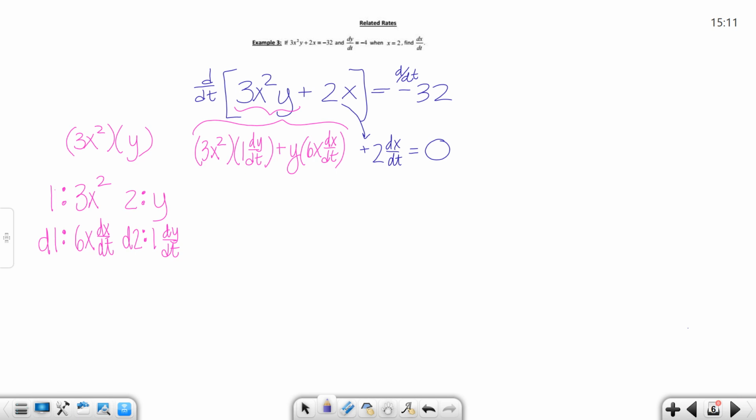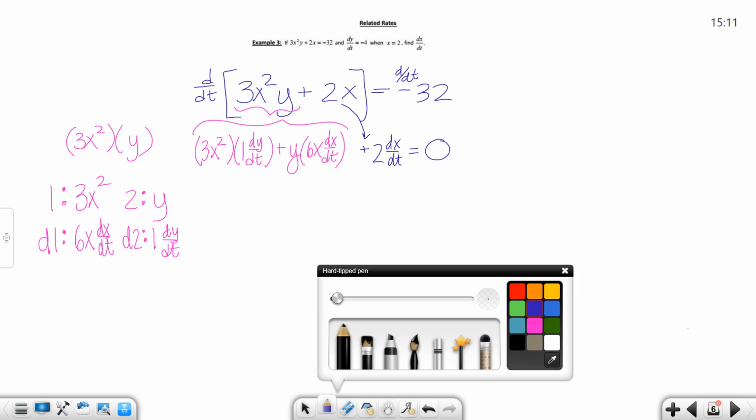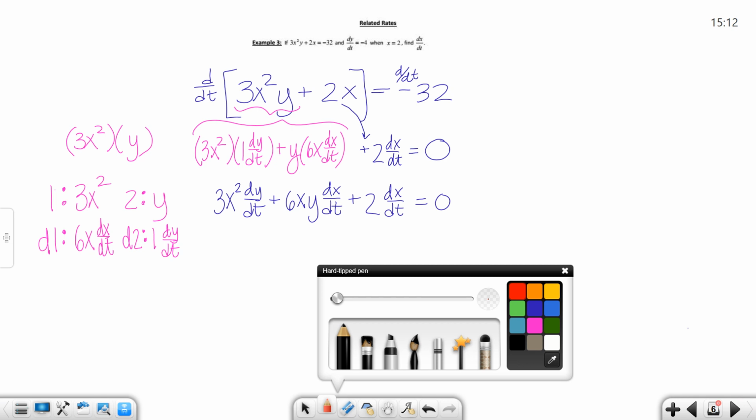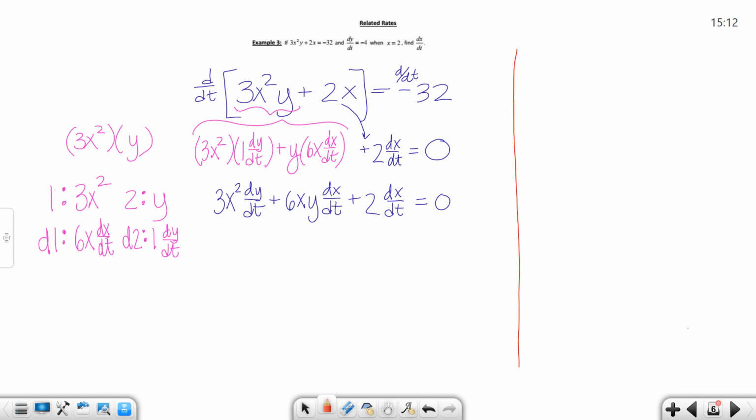So going back to the pink region, you had 1 d2 plus 2 d1. Now let's clean that up. So for this one, we would have 3x squared dy dt plus 6xy dx dt plus 2 dx dt equals 0. Now, so that was a little tricky with the pink step, but there's also going to be trickiness over here